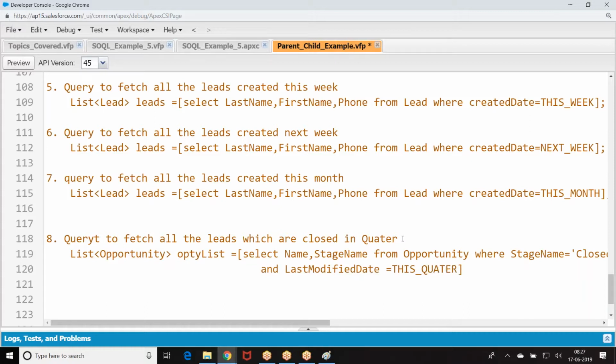Get me all the opportunities whose stage name is closed won, and last modified date is this quarter. Right, in this quarter, all the opportunities whose stage name is closed won, which are last modified. So we are expecting the stage name to be modified. All the records which were last modified in this quarter and whose stage name is closed won, get those data. I hope you're getting my point.